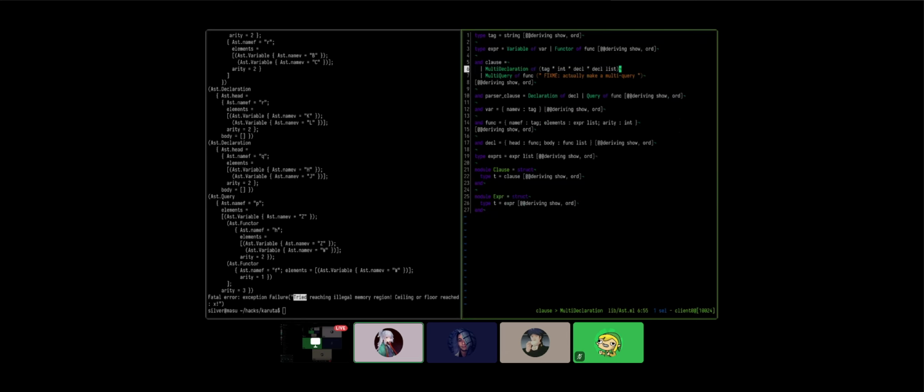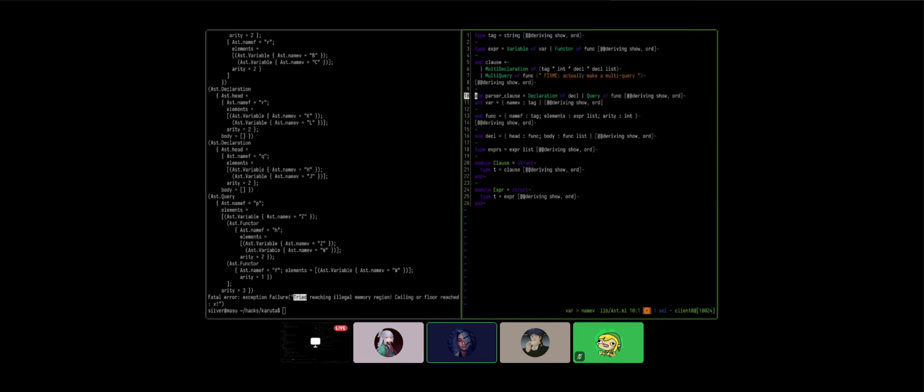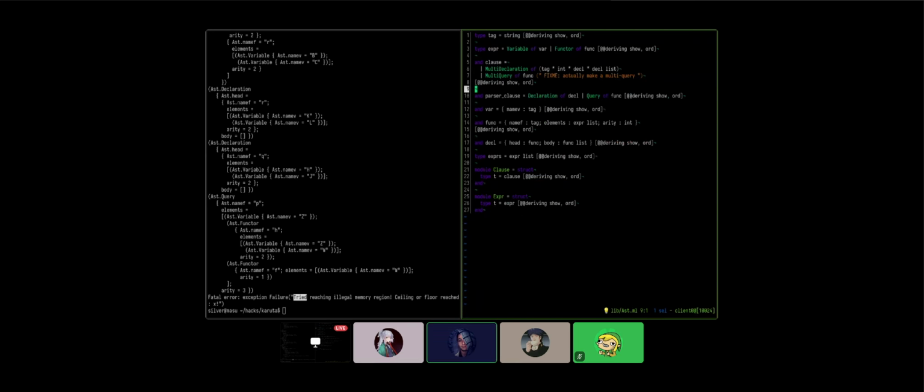That's what I'm trying to highlight. The main reason I changed this tag is because there was a naming conflict with this constructor here. That makes sense, but I would put conjunction in there. But we have to implement that semantically, so never mind. Query conjunction. There we go. Okay.